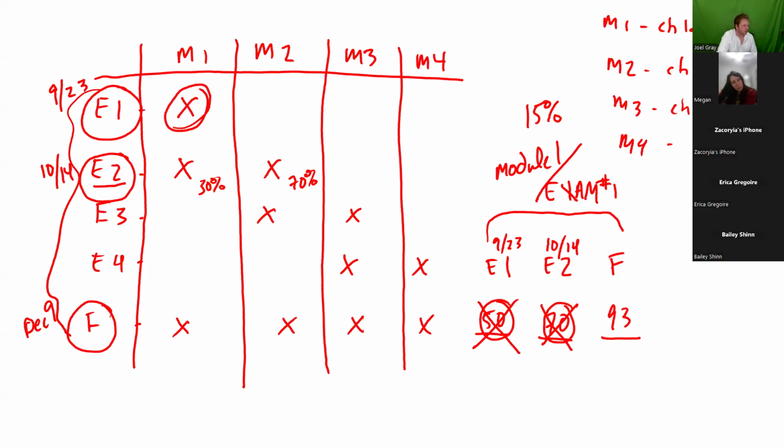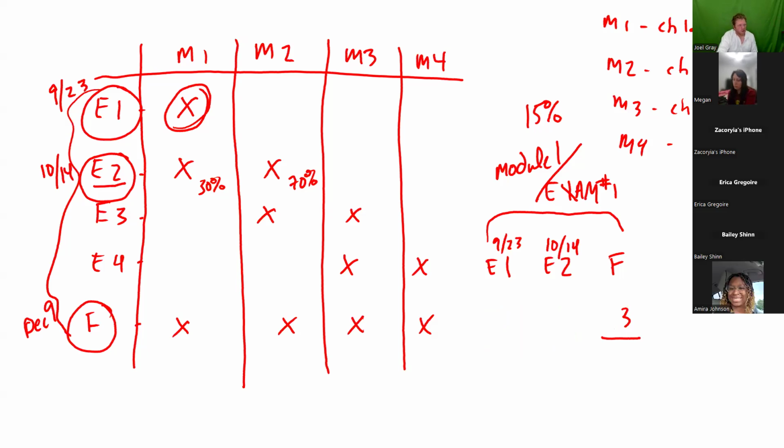Now, I'm going to give you an alternative where the outcome's a little bit different. Let's say that the first time you see the module 1 stuff, you get a 100. And then the second time, you get a 75. And then the third time when you take the final, you get an 88. How do we account for this? Well, the 2 lowest are dropped from the calculation for module number 1.